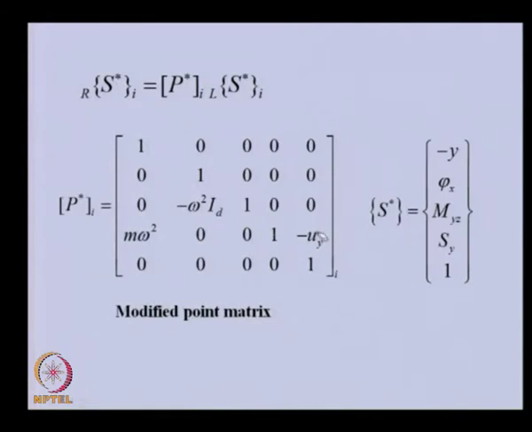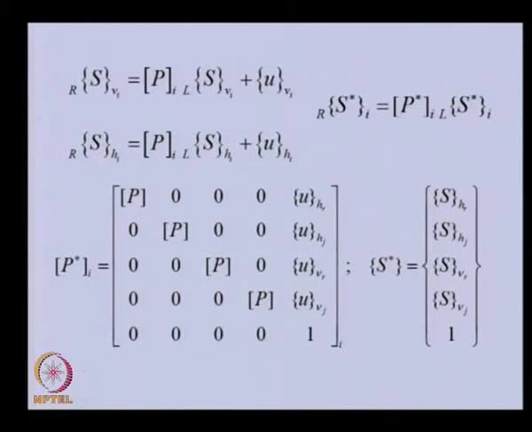Now, on the same lines as we did for the field matrix, if you want to analyze both plane motion, and also damping or gyroscopic effect, we need to have both plane state vectors and their real part and imaginary part components. So, again I am expanding that here. You can see the point matrices are here. Here again the size of the modified point matrix is 17 into 17.